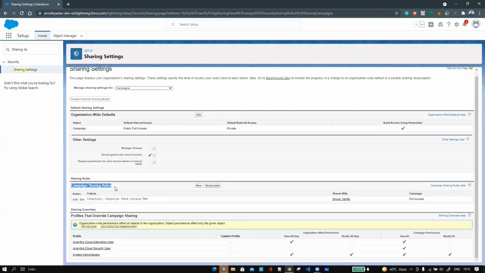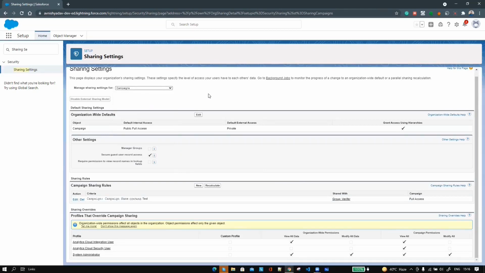So you can see a campaign sharing rule is created, in which if the campaign name contains test, the record is shared with the Verifier group, meaning my user, Avnish Yadav, will have access to it. So you can create a sharing rule for any object. Like you have all the objects in your org, you can create a sharing rule for any object and provide permission based on the criteria or the record owner to different public groups, different users or different role hierarchies. So this is all for the sharing settings.